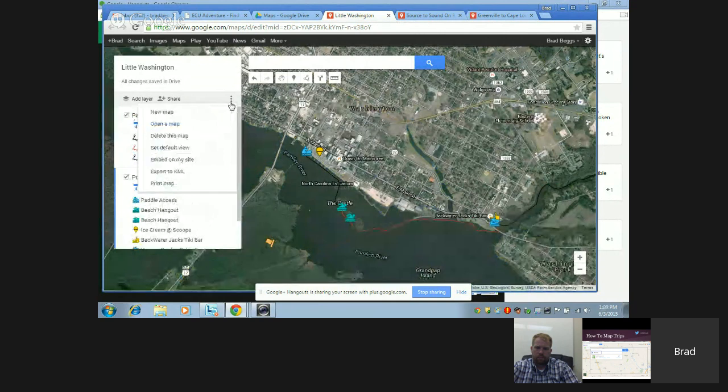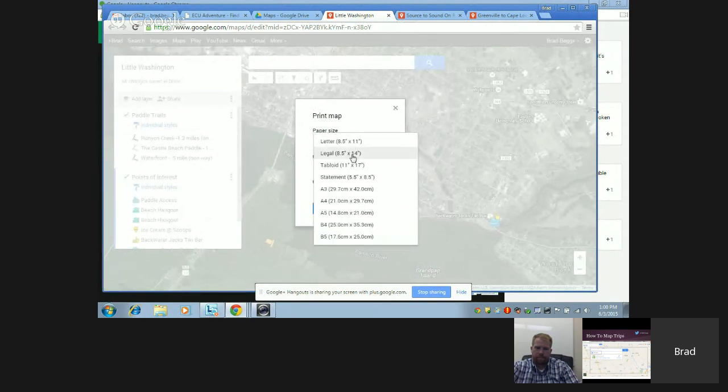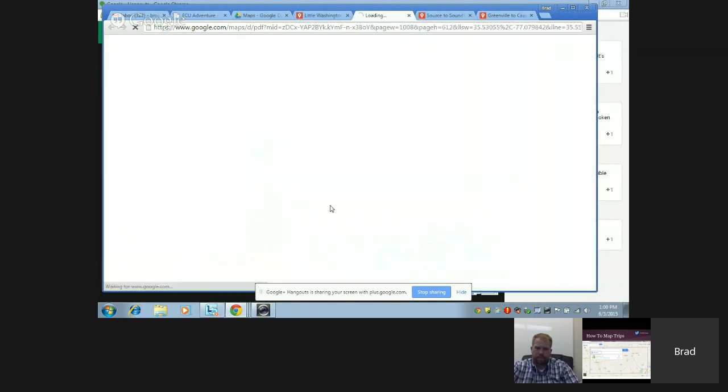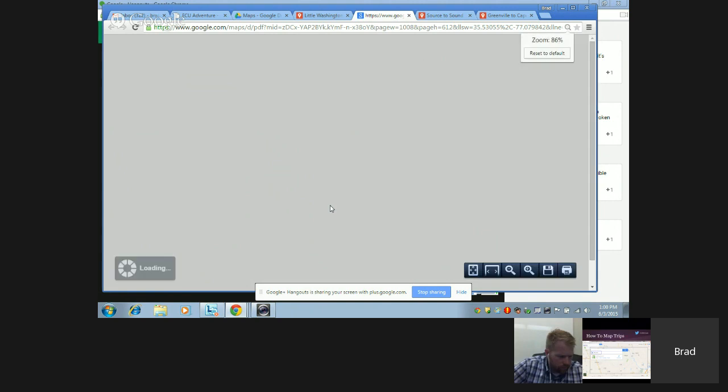And the cool thing is I can also print this. So if I want to create a very custom homemade map for our participants and our renters, I can take this map, zoom in at different levels, and then you see here I hit the print button. It's going to then load almost that exact image, and then I can hit the print button and hand that to my trip staff for a pretty generic map,